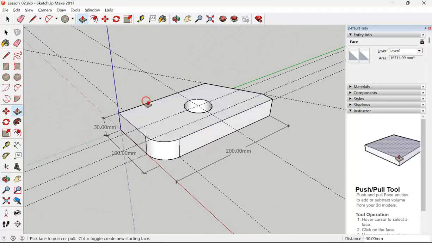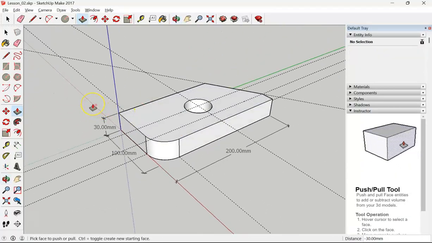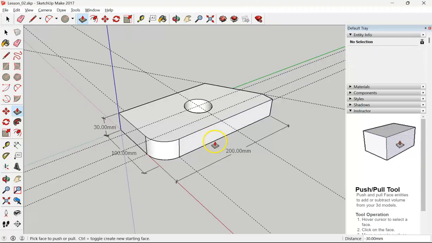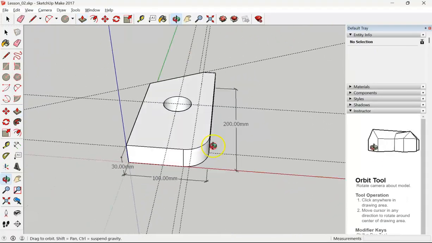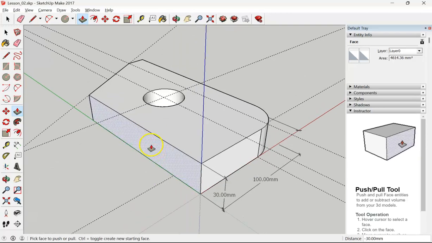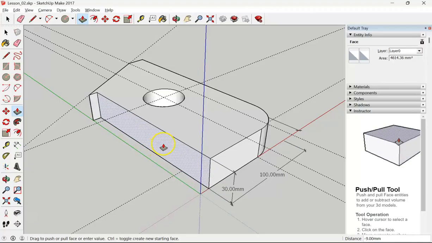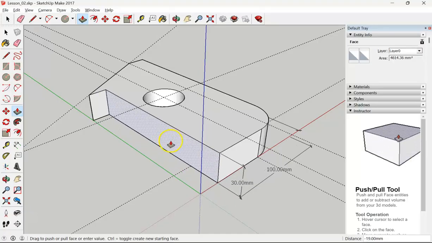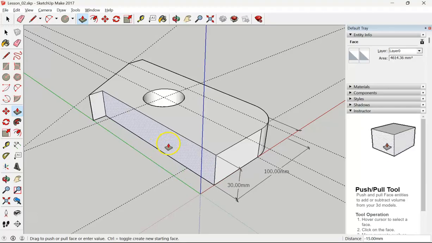So that's one thing. Let's continue with a few more tools. I would like to make a few more things here. I would like to show how the push-pull tool works with the other edges now. Once you have chopped it, watch, you cannot push this. So you can select, see, once you are inside the texture changes, you can click, you cannot push it inwards. Like you can actually, but see the edge on the corner, it will not go along the rest of it. So you will have to chop that off